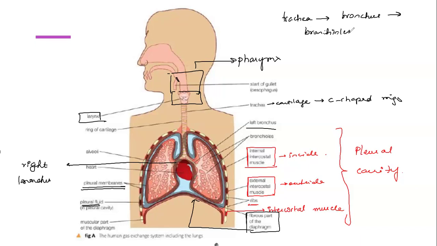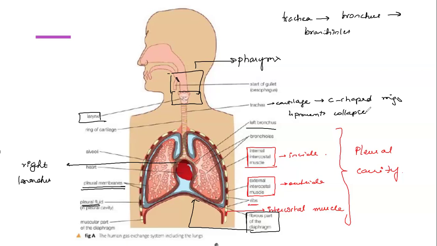So, why is cartilage so important? The reason cartilage is so important, and you need to know this reason, is that it prevents collapse of the windpipe. It prevents the windpipe from collapsing because breathing in and breathing out is all about pressure change, right? It's all about pressure change. I'm breathing in, I'm breathing out. There's lots of pressure change